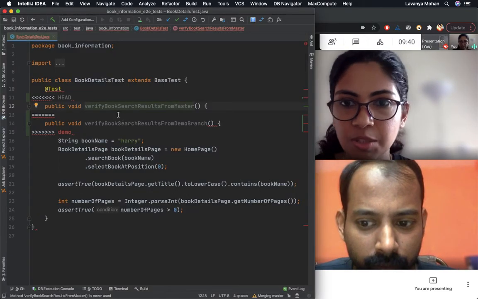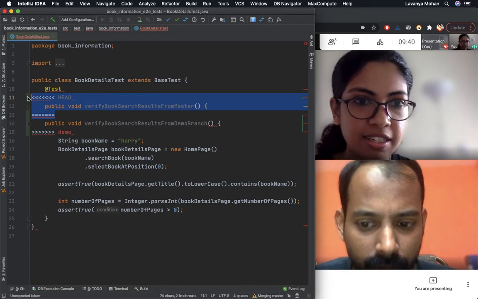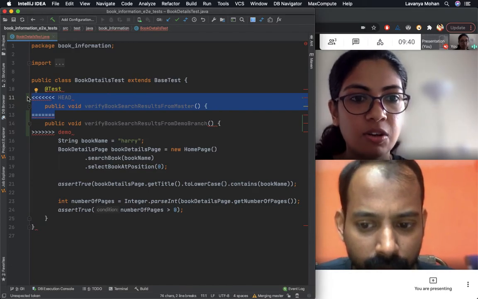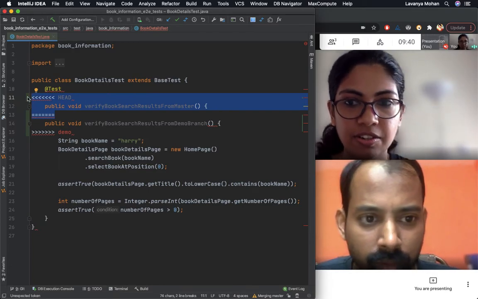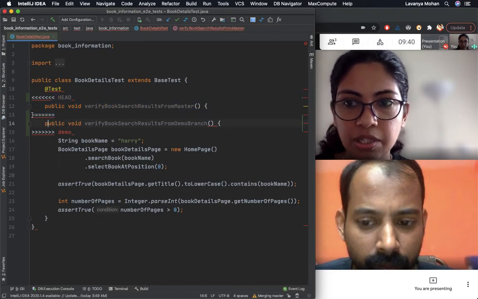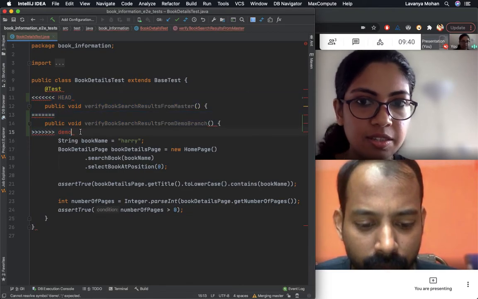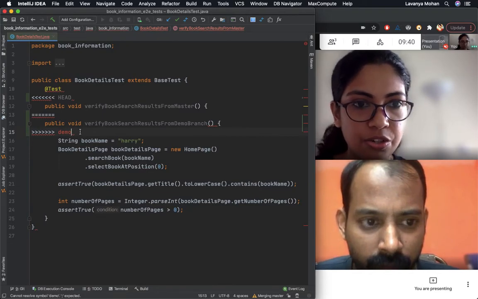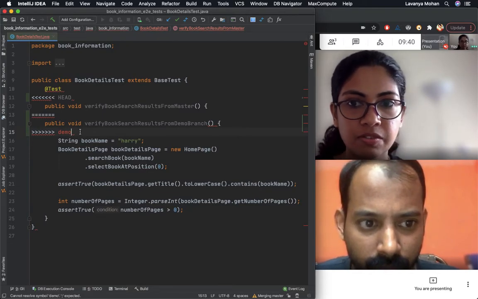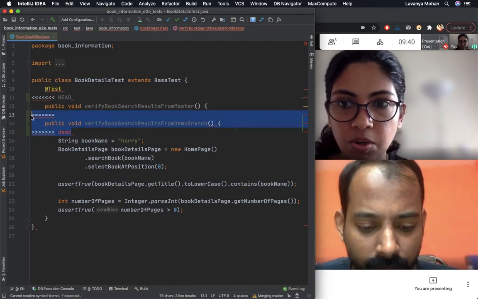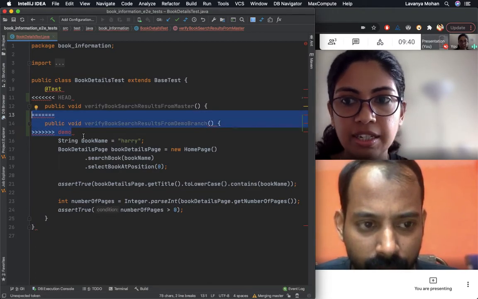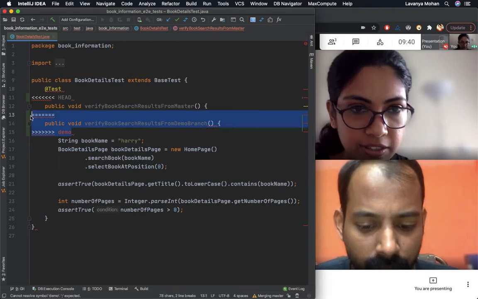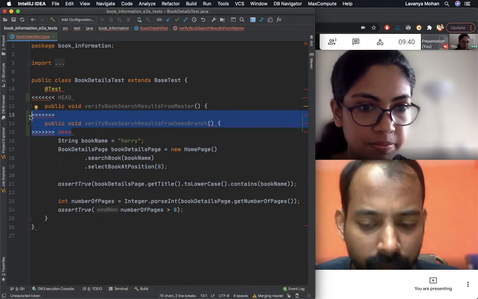So whatever is present in this head section is basically things that were present on master. The section below that, which is not head, is from the place that we are trying to merge. We said git merge demo, so we're merging from demo, and the code in this section is from the demo branch.